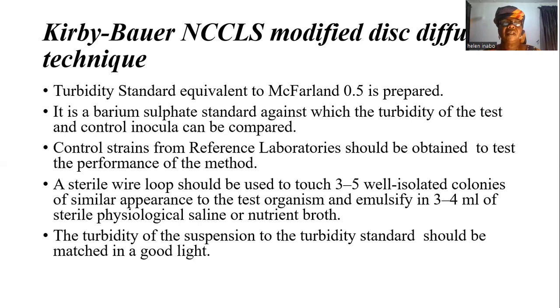First, 1% volume by volume sulfuric acid is prepared by transferring 1 ml of concentrated sulfuric acid into 99 ml of distilled water. This will be followed closely by preparation of 1% weight by volume of barium chloride solution